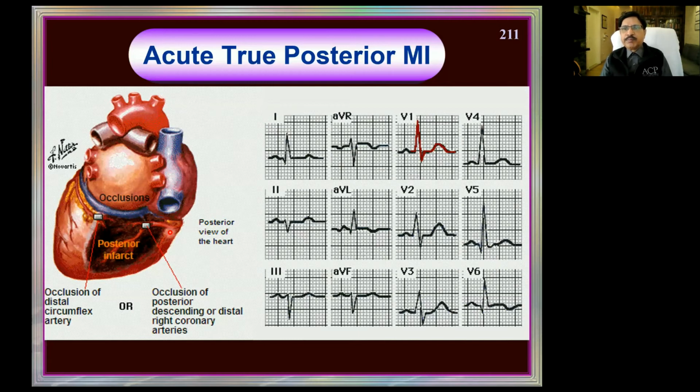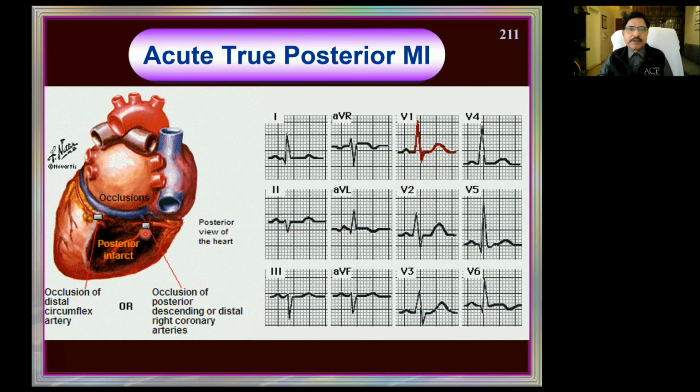Now, look at the posterior myocardial infarction. The posterior wall, as I told you, is the complement of the anterior leads. Normally, we don't see an R wave at all in V1. But here, a very tall R wave is seen, and the T waves are inverted in V1. Here they are upright, as though we are seeing a V5, V6 complex in V1. If you see a V5-like picture in V1, you should think of posterior infarct. And usually, if it is acute, the ST segment will be depressed instead of elevated, because this is a mirror change.